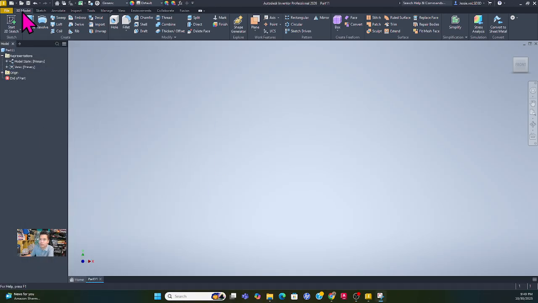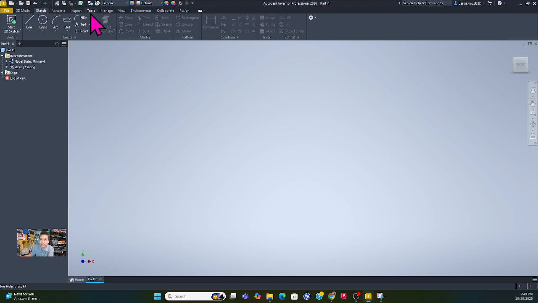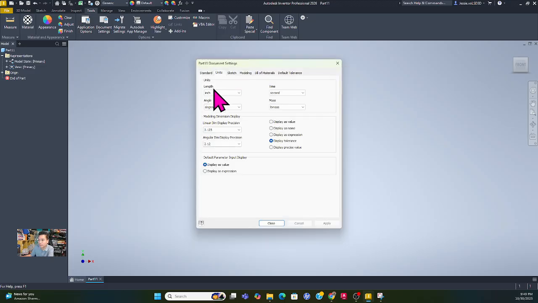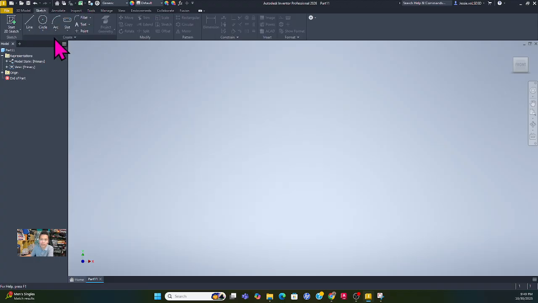Back with L. So I'm going to go ahead and start the sketch. But first I'm going to go to Tools to make sure that all my documents, all my units are the same with the rest of the other parts that I create for this project. So it's in grams and everything else remains the same. Close. Here we are. Go to Sketch. I'm going to start with a